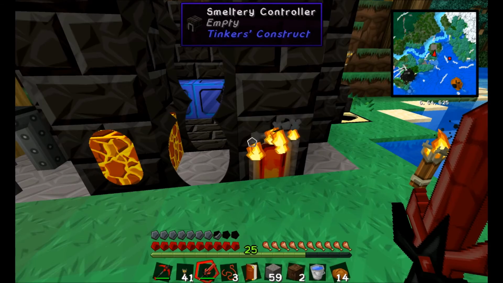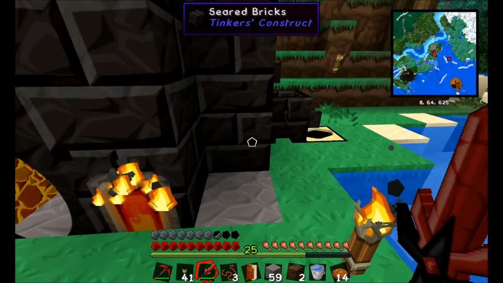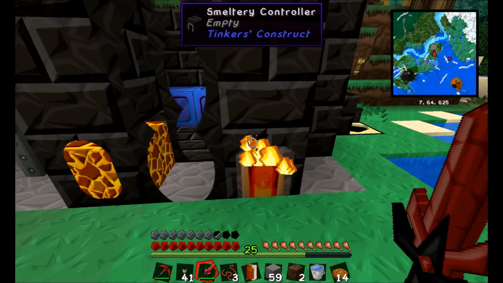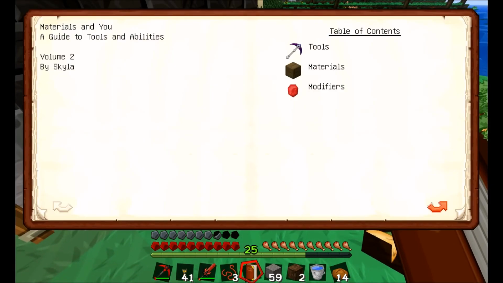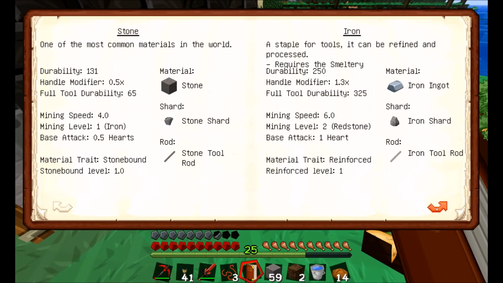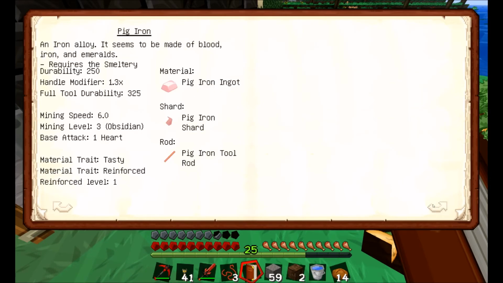So now we just have to wait for this to smelt down. Once it is, I'm going to come back and I'm going to make a pickaxe head out of it, and maybe another paper binding, and probably alamite for the tool rod. The reasons for those is that if you look at the materials, cobalt is the fastest mining speed by default. It's 11. If we look at